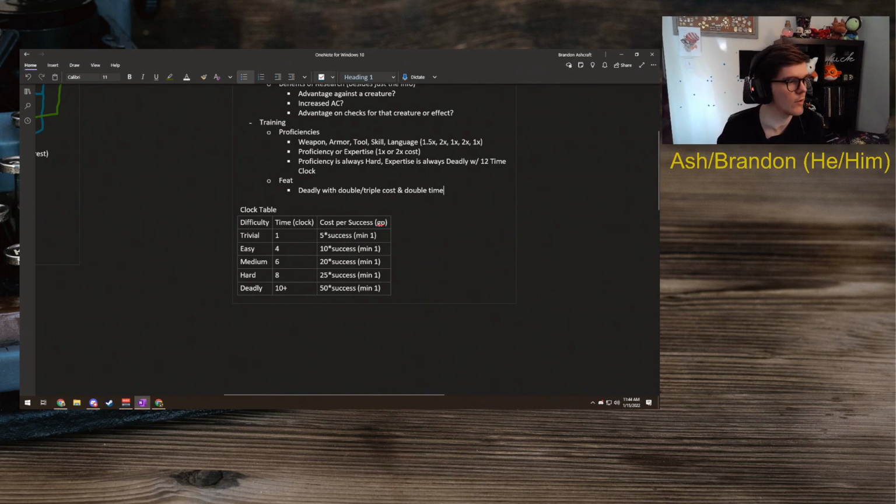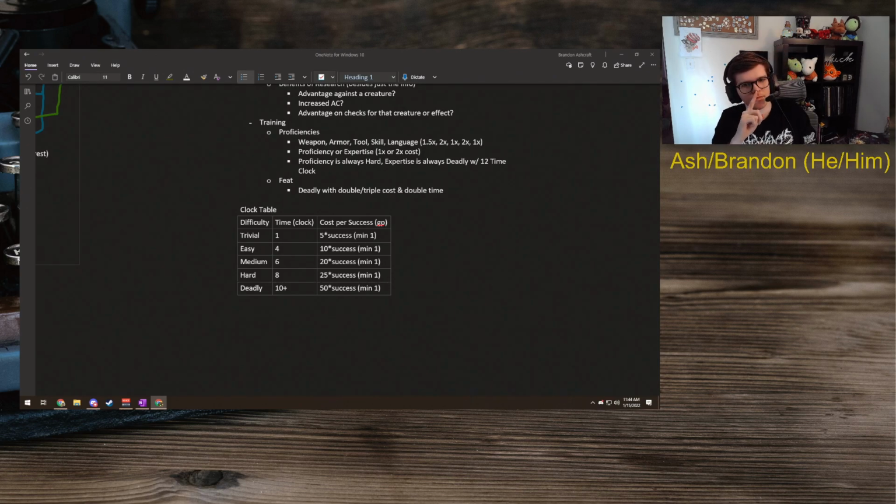Sorry, I minimized the wrong thing. So this is training as in improving your characters. Does it mess with expected progression in 5e? Follow-on question, if it does, do we care? So it does mess with expected progression in 5e. I personally don't care.